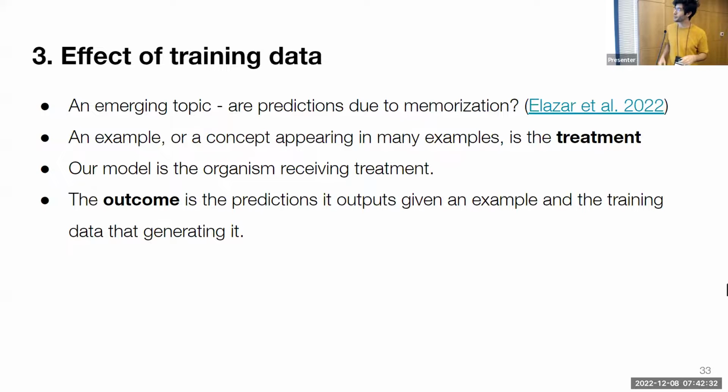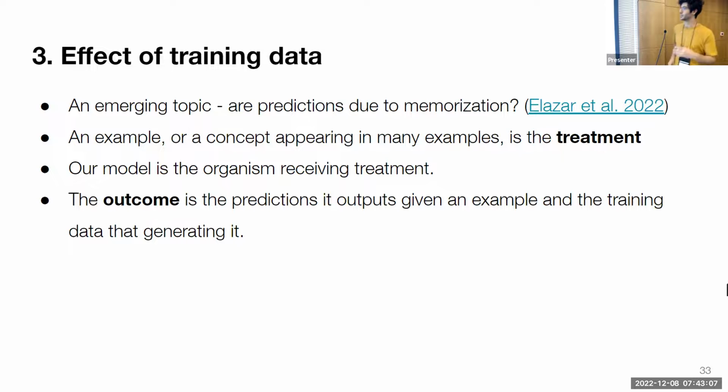All right, another fast-growing field is trying to understand the causal effect of training data. So now that we have a world where models are very, very large and we don't understand the data that they were trained on, one question that we could have is whether the prediction that we're seeing is a cause of some memorization that occurred within the training, some specific example the model is using, or specific concept that was encoded during training, or is it some generalization abilities that we have essentially successfully encoded in the model.